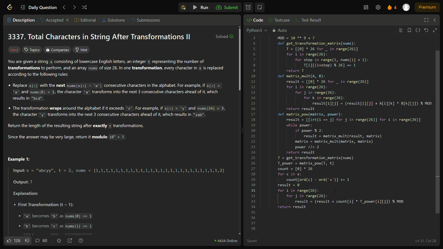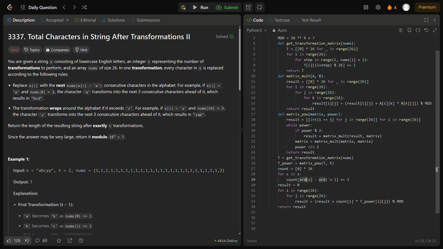And for the final computation here, we see these final nested loops, both in the range of 26. That's going to be big O of 26 squared. Again, it doesn't really affect our runtime complexity because it's really just constants regardless of how large our input size is. We're always going to be iterating over 26, so that's not going to affect our runtime complexity either. That's just an operation of, on average, big O of 1,